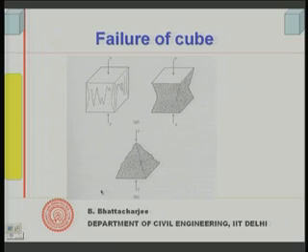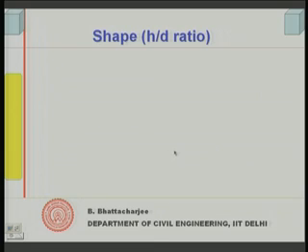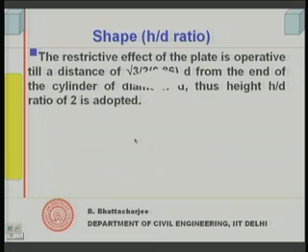Right. So, that is why, you remember the photograph, the failure of the cube was something like this. The cracks, you will see something of this kind in a uniaxial cube, and as you allow it to crack further, it will be something like this, and as the crack grows further, you will have something of this kind. Right. Now, this same effect of restraint has some effect on the h by d ratio, the shape.